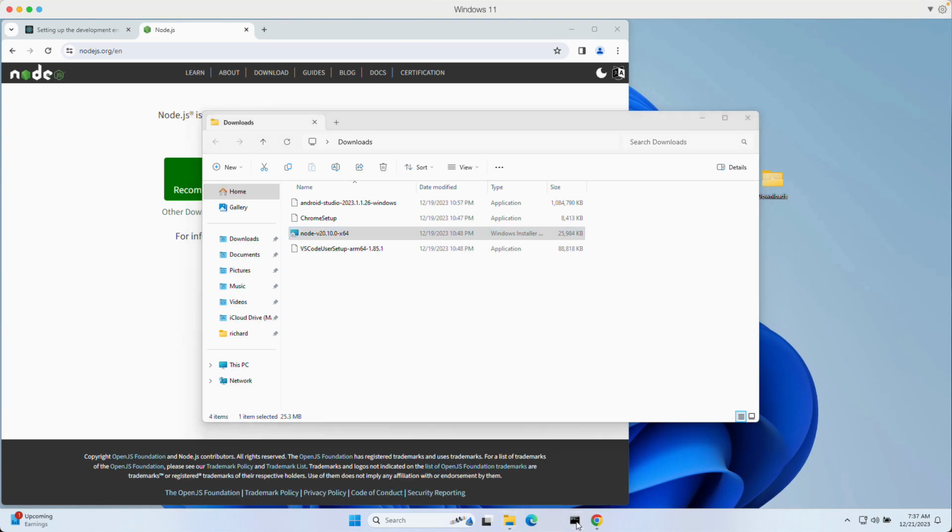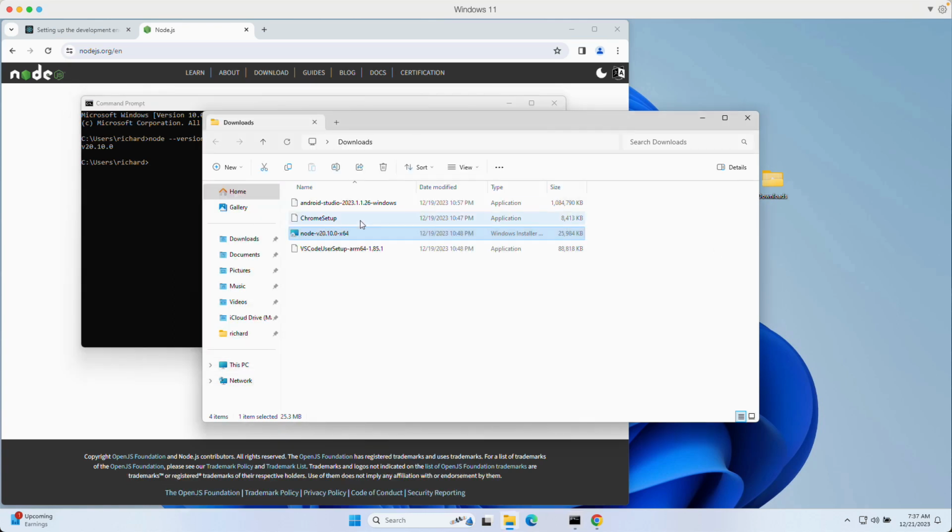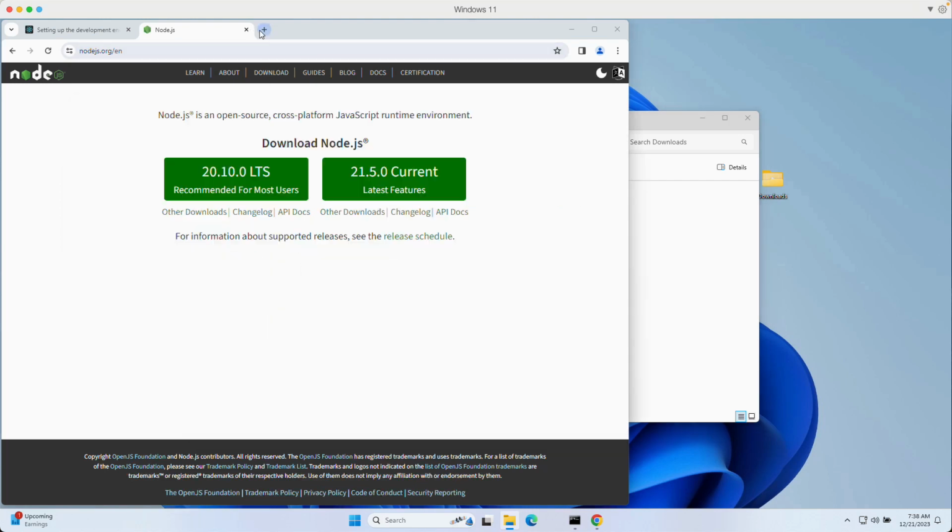and once this is done, I'll go back to the terminal and check the node version. So node --version, and I get that particular version, which means that I have successfully installed Node. And once that is done, next you can install VS Code if you haven't downloaded and installed